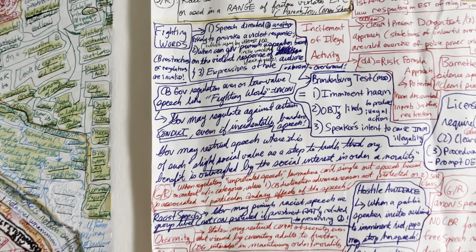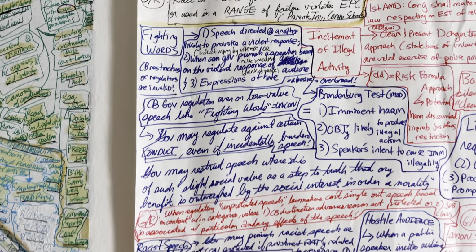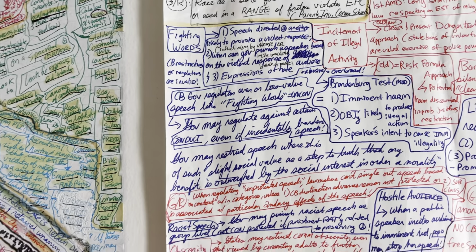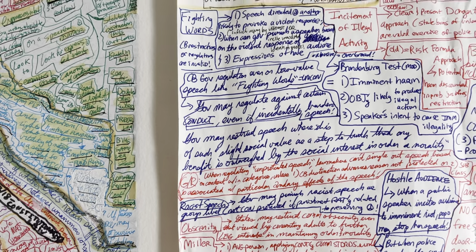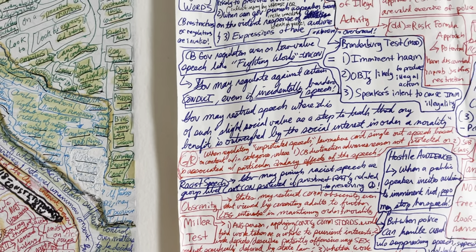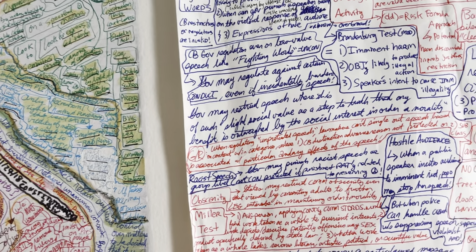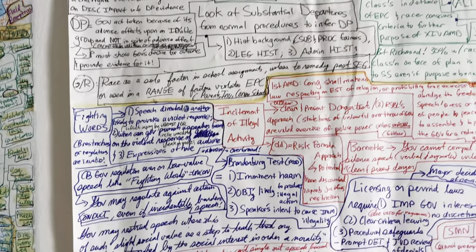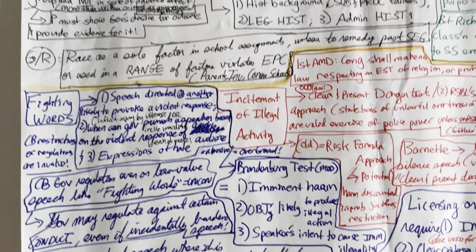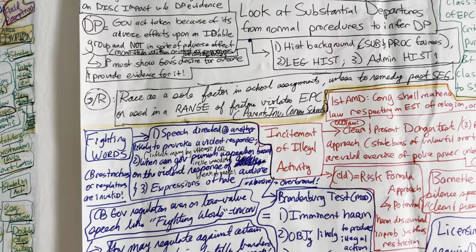So there, the modern test now is the Brandenburg test, which says the government can step in to prevent fighting words when there's an imminent harm, where the speech is objectively likely to produce illegal action, such as violence from the crowd or audience, and there is the speaker's intent to cause imminent illegality. So remember, it's more of an imminent harm test. We apply an objective standard: whether it's objectively likely to produce a harm or some sort of illegal action, and whether the speaker intends to cause imminent illegality.